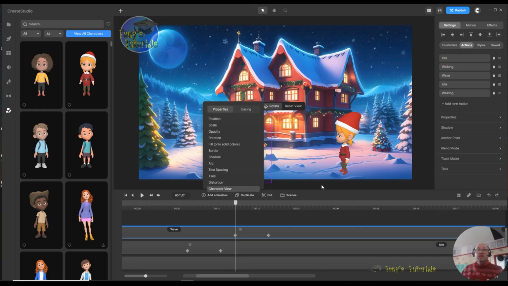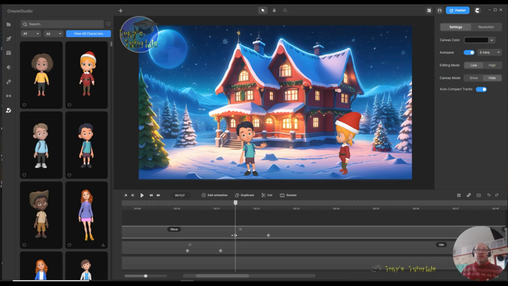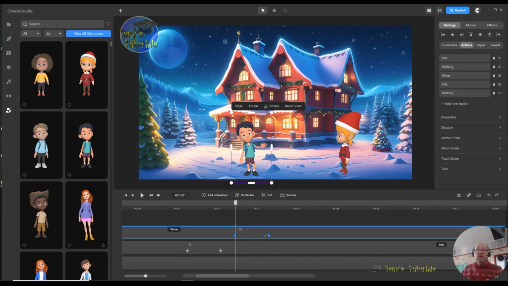So we've got character view there, and we want him in that position at the moment, and then we're going to swing him round to look at Bella. I'm going to left click on it and drag to the right, and as you can see, he's turning towards Bella now, so they can have a good chat. Now we do that and check that's working nice and neat. Yeah, that's fine. So now they're going to have their chat. When they're finished chatting,